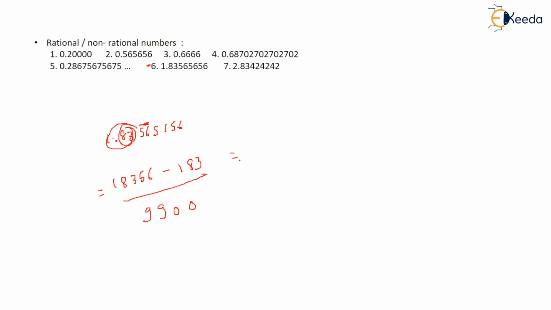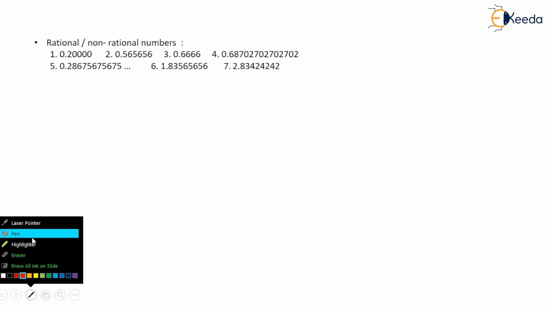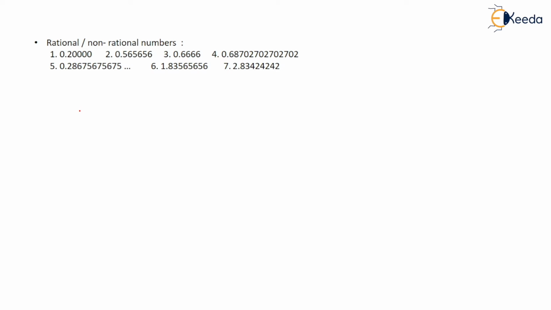After solving this, what it comes, 18356 minus 183, this comes out to be 18173 upon 9900. Okay, this will be your answer. Okay, fine, very simple. Let's see other questions, that is